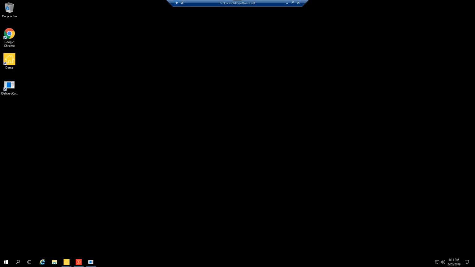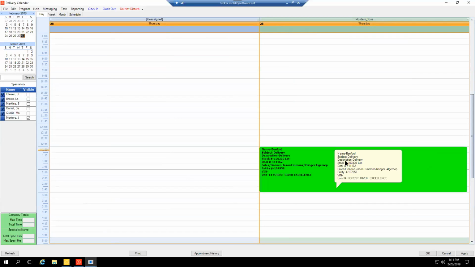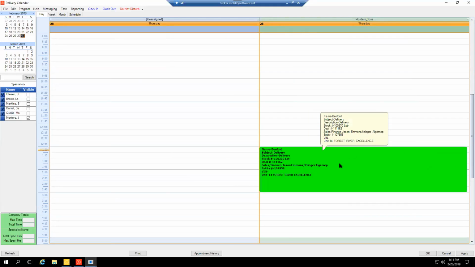And this gives you the option to use the delivery calendar. You see here I have an icon. So we would add the icon to whoever's going to be using the delivery calendar or scheduling the deliveries of units. But I will open it up here so you can see a preview of it. And you can see I have one here already